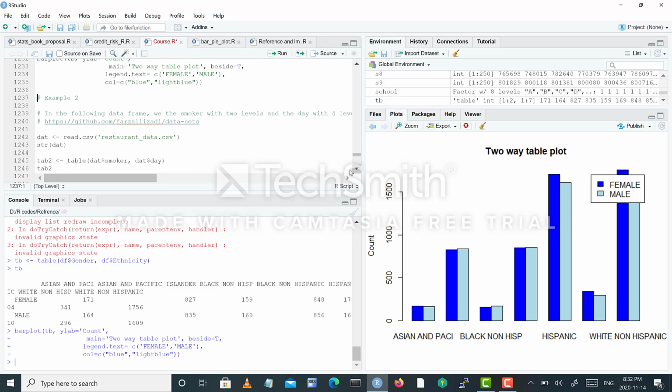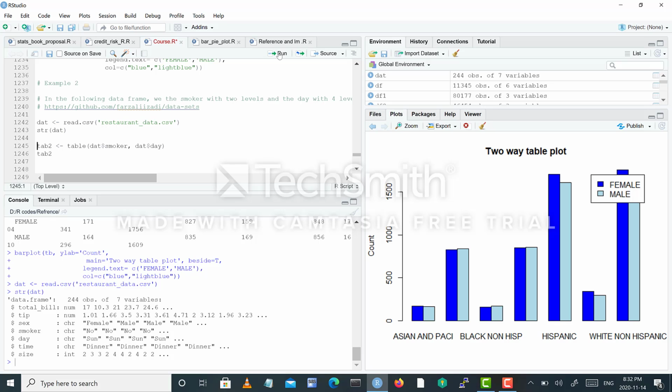Next example, we have a data set of restaurant tips. We have a data frame of 244 observations of 7 variables: total bill numeric, tip numeric, sex character, smoker character, day character, time character, and size integer. Again, we can change these character variables to